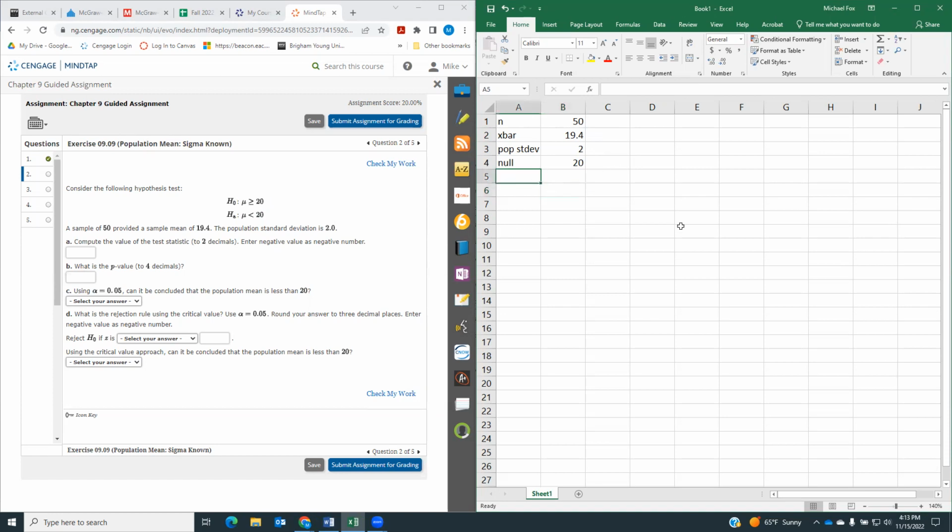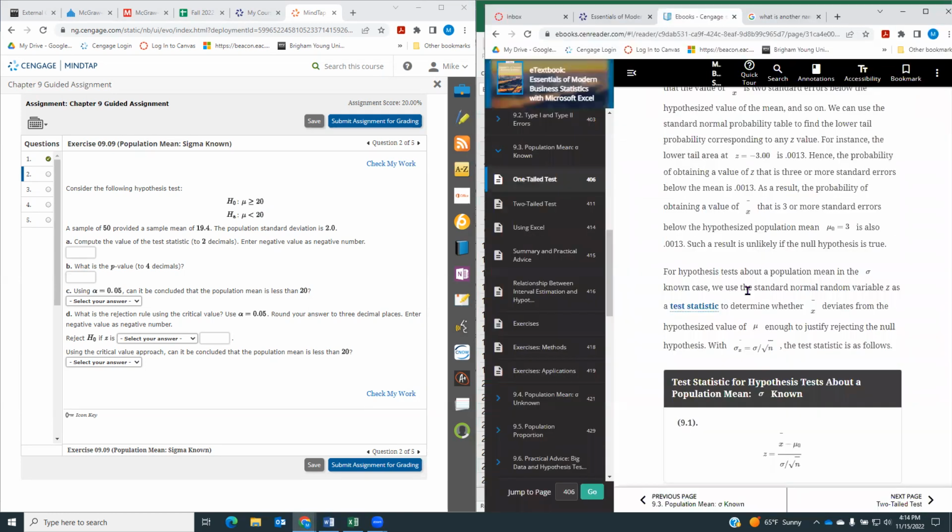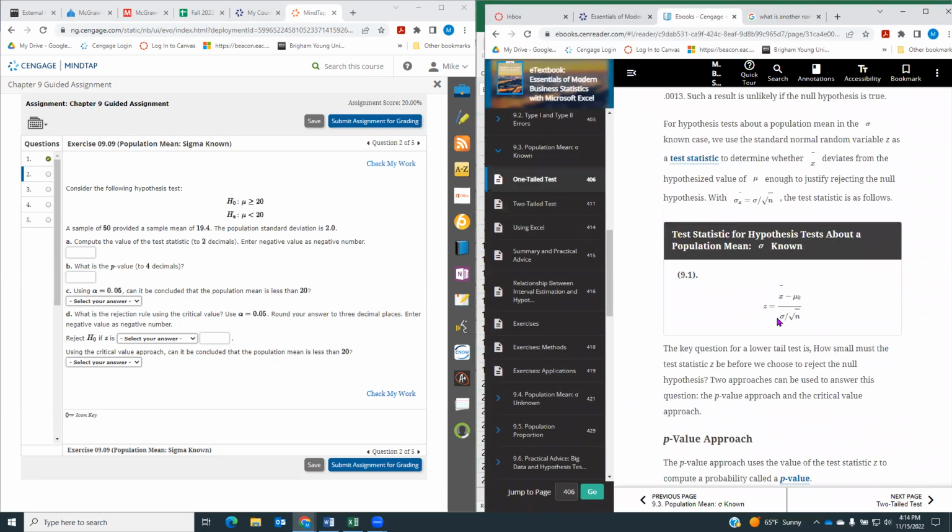So we want to create a test statistic. And there's really no other way to do this other than by using a formula. In other words, there's not an Excel function for this. So the formula, I'm actually just going to bring the book over here for a second and show you it. It's in the book, but the formula is right here, which is x bar, our sample mean, minus our null, or minus the mean that we are testing for, divided by sigma, which is the standard deviation of the population,